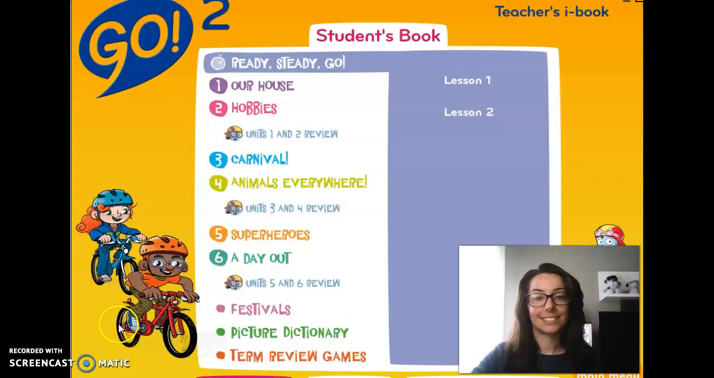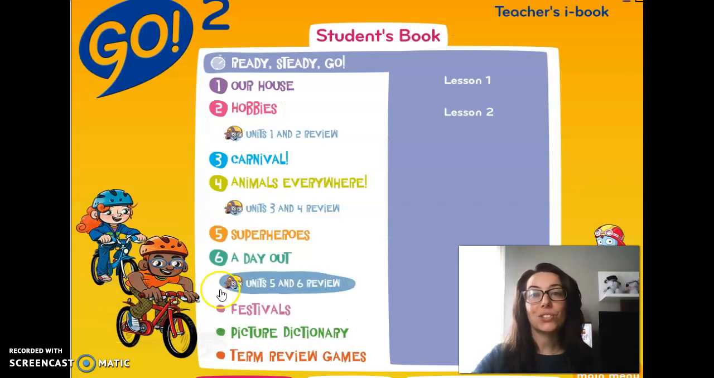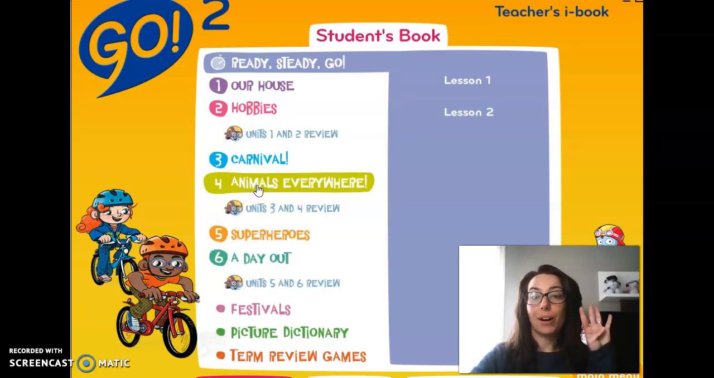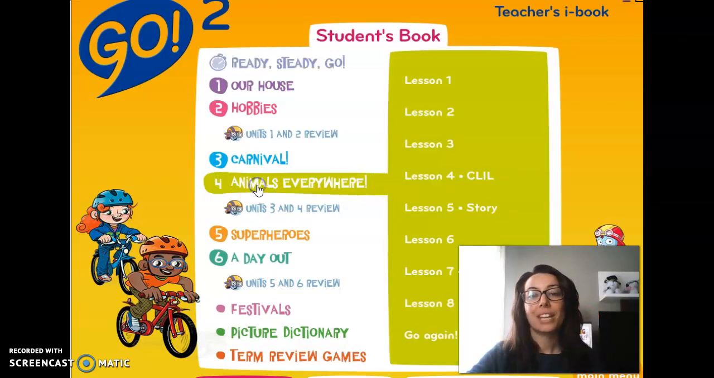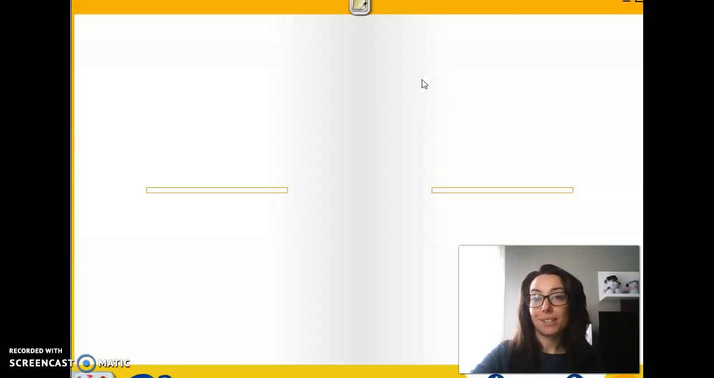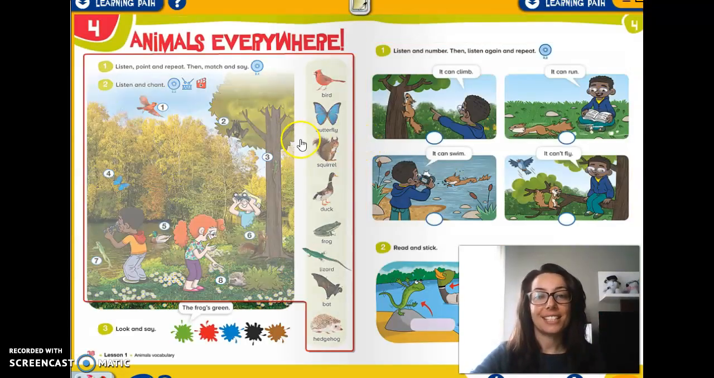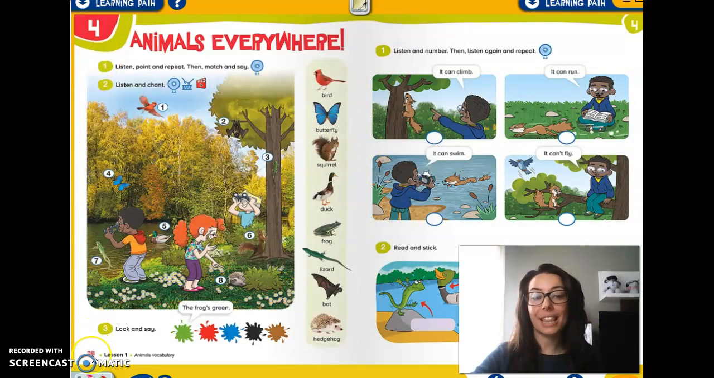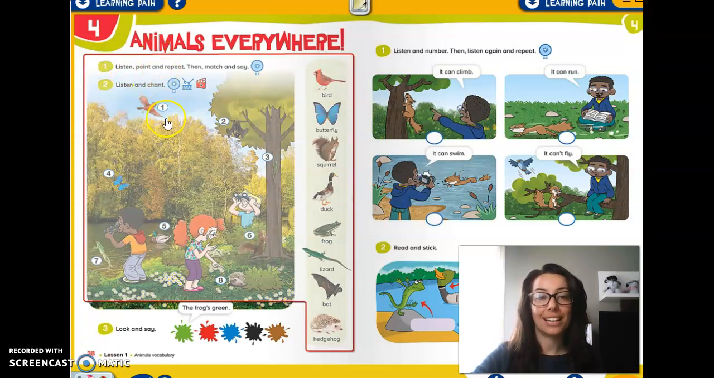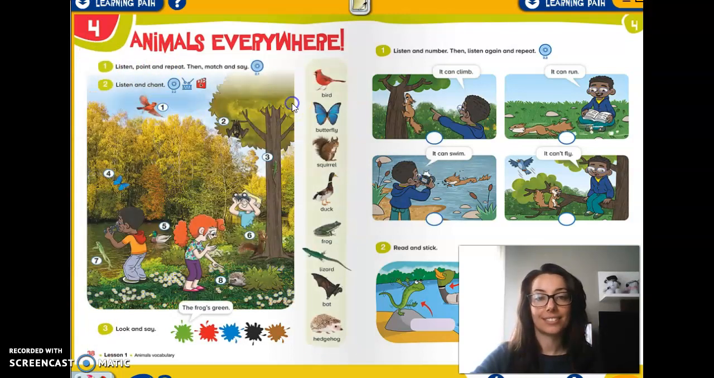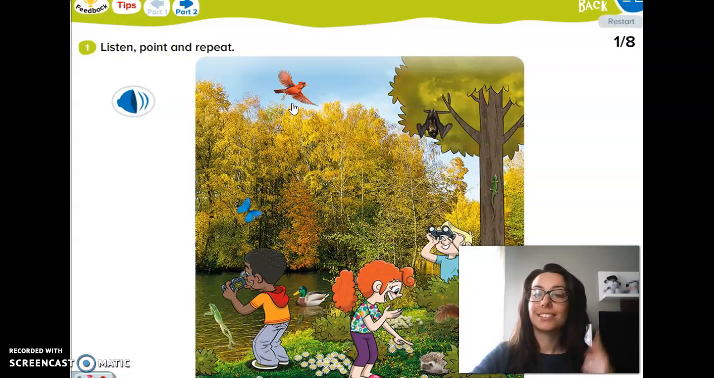Okay. And now we are going to continue in Unit, remember, number 4. And we are going to do some activities. The first activity is number 1 on page 38. Listen, point and repeat. Okay, we are going to listen, we are going to point, and we are going to